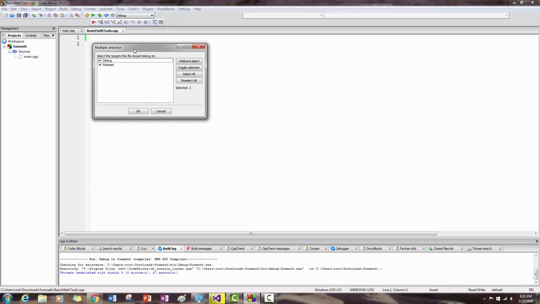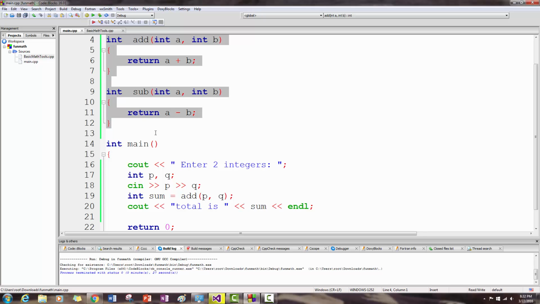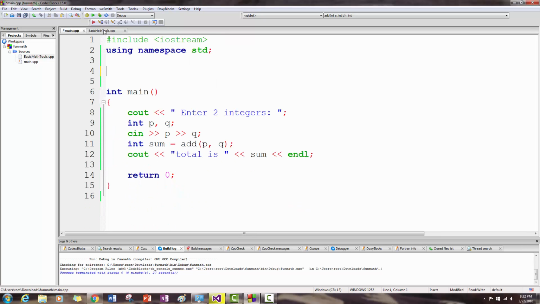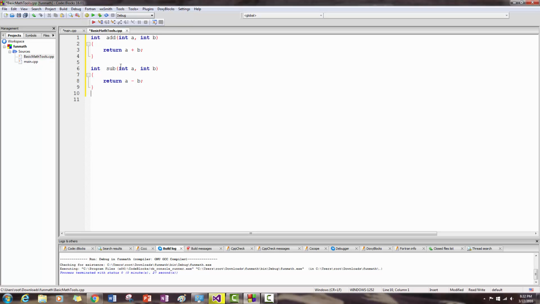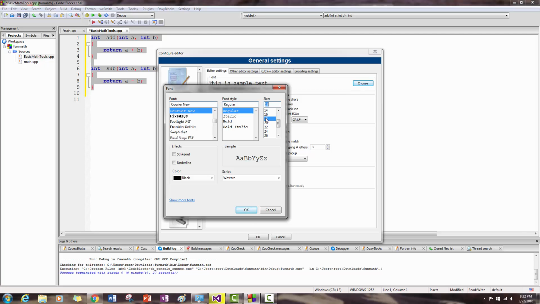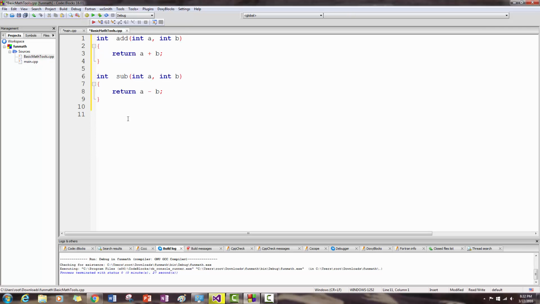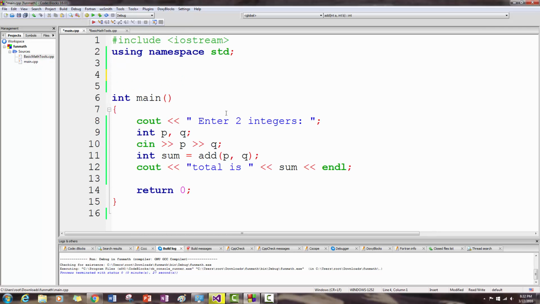Do I want to include it in my compiling work? Yes. So release and debug versions. So here's my basics. I'm going to cut this code out and plop it in my basic math tools. This is kind of small, so I'm going to increase its size. Go to the editor. Choose to do this the longer way, 18. A little bigger. Now, if I go back to main and I compile this program,